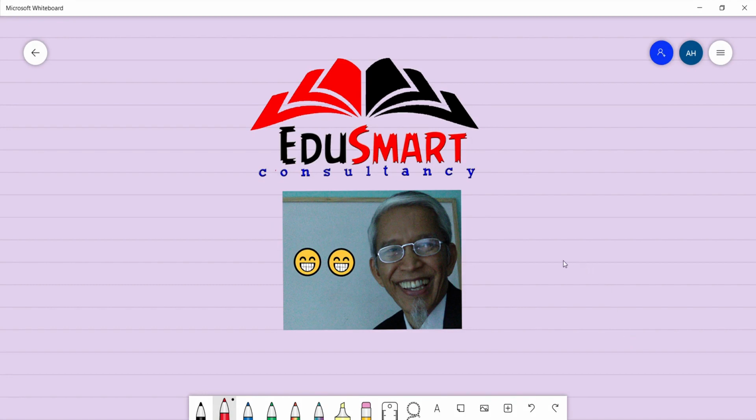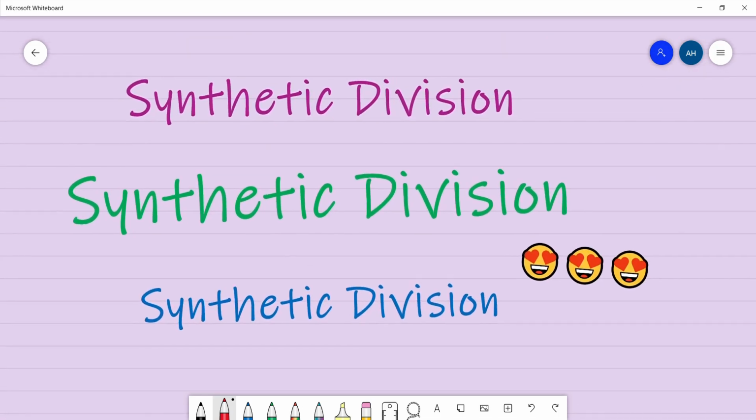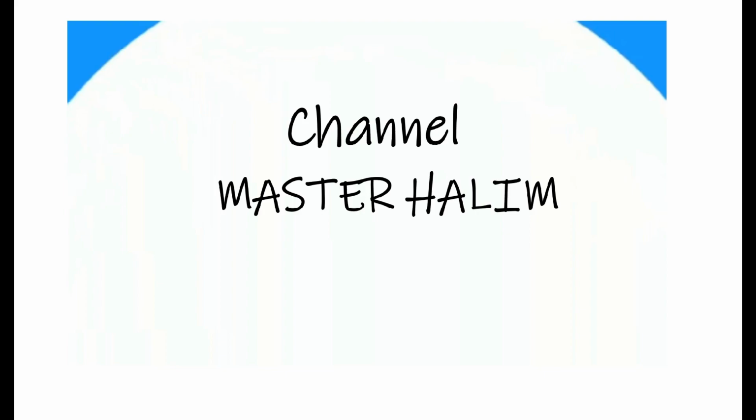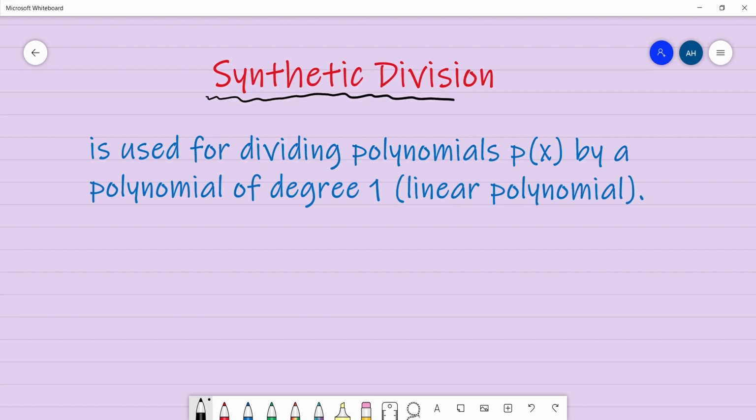Besides using long division, there is another way that we can use to divide polynomials. And that method is by using synthetic division. Synthetic division can be used for dividing polynomials p(x) by polynomials of degree 1, that is sometimes called linear